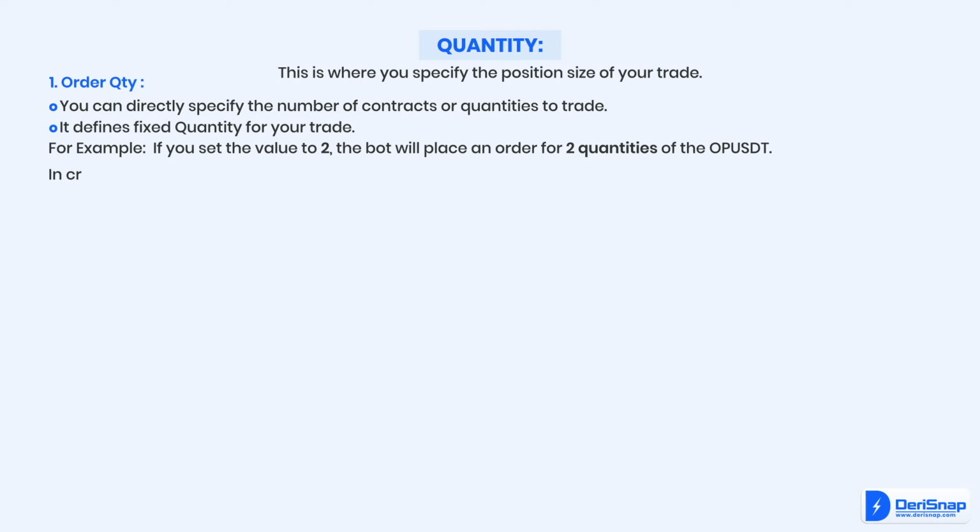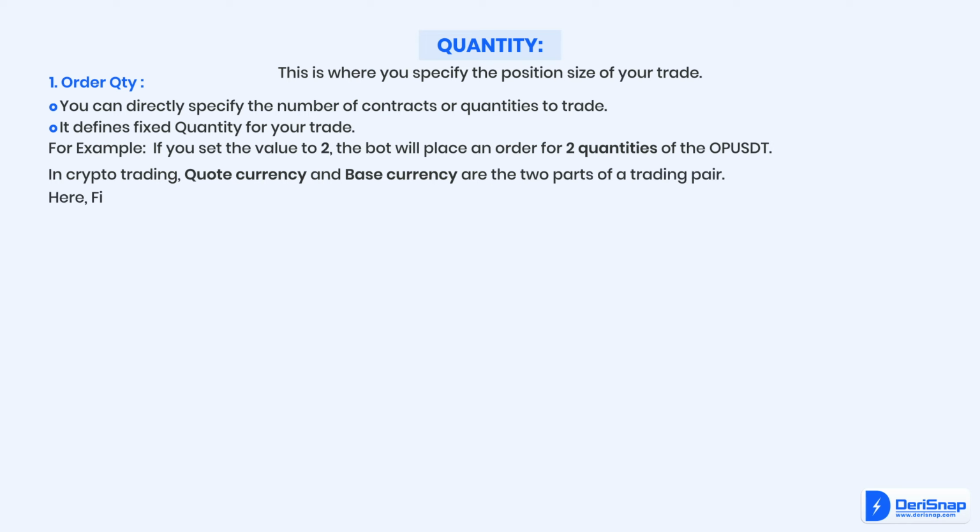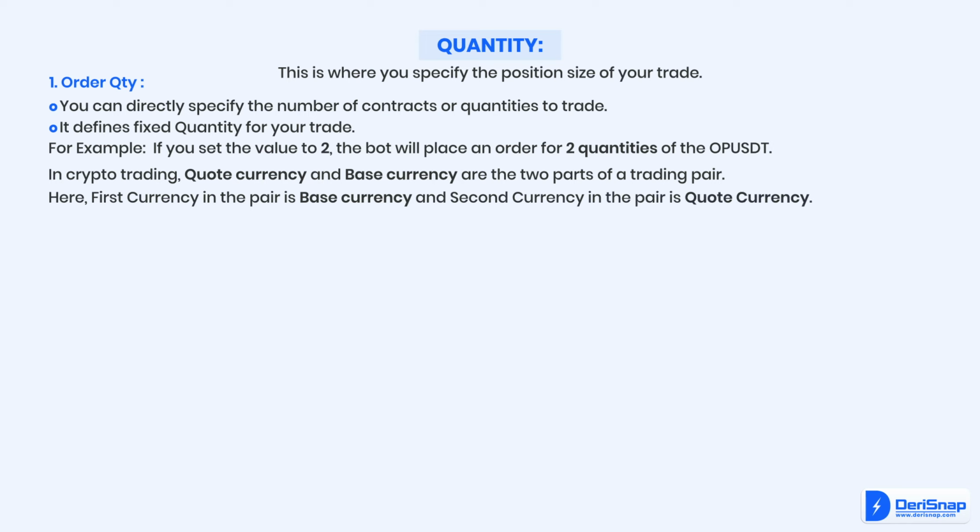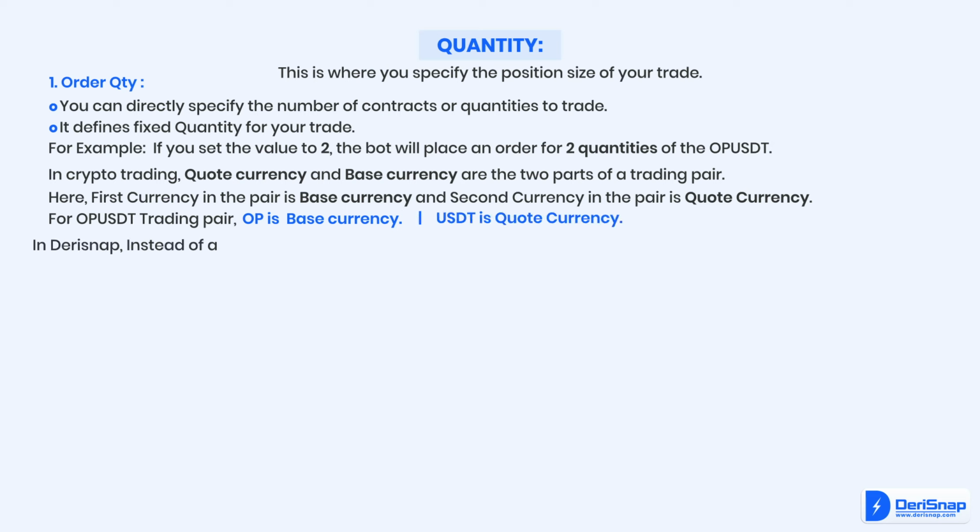In crypto trading, quote currency and base currency are the two parts of a trading pair. Here, first currency in the pair is base currency and second currency in the pair is quote currency. For OPUSDT trading pair, OP is base currency. USDT is quote currency. In Derisnap, instead of a fixed quantity, you can set your position size using margin in two ways,